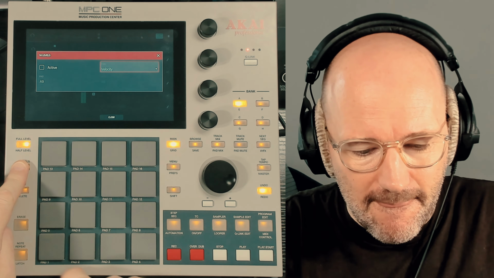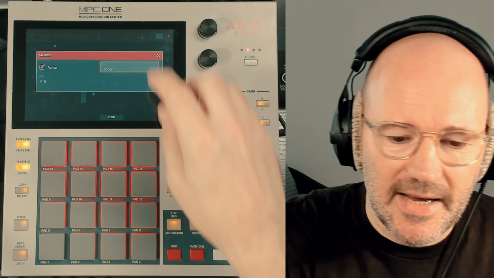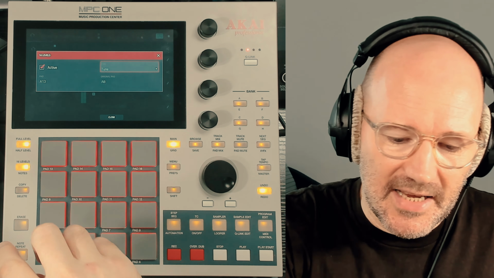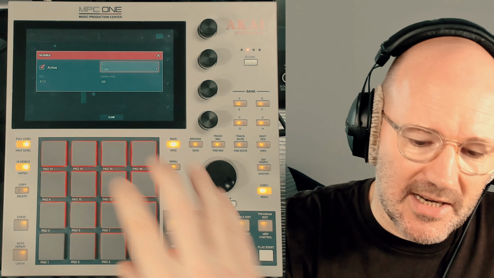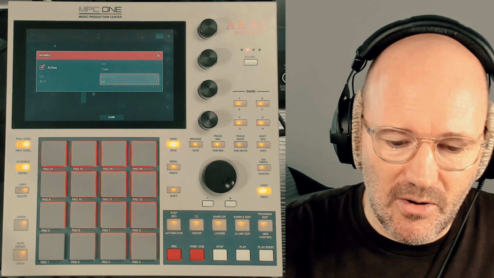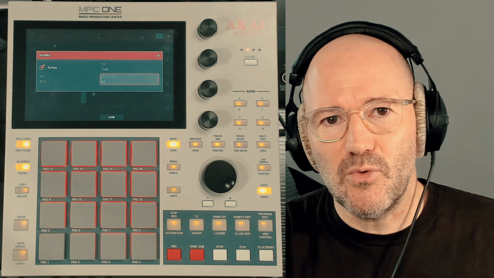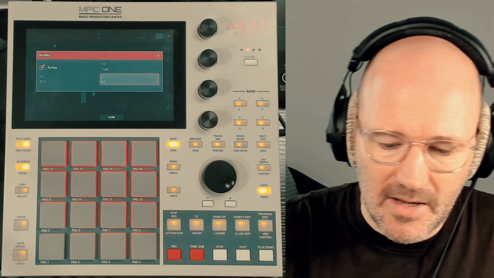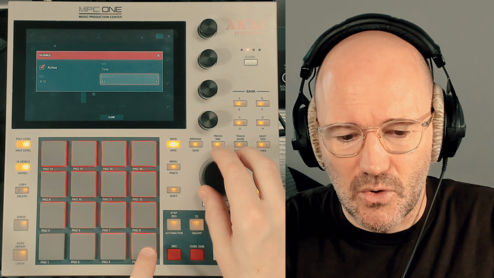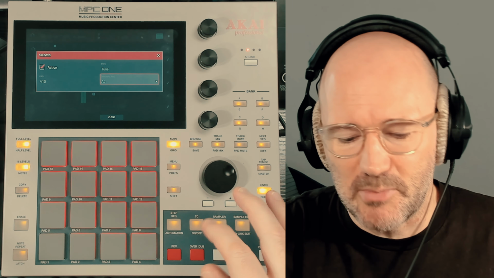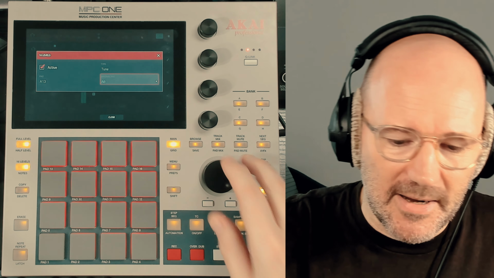So let's go into the horn again. The next option is tuning. Now what that does is it sets up tuning chromatically across the 16 pads, and you can choose here the original pad, where the original sample pitch would be. So in this case I've got it on 8. I think by default it's on 4. Let's change it there, but I have it on 8 because it gives me a little bit more options below. So let's go back to 8, and basically